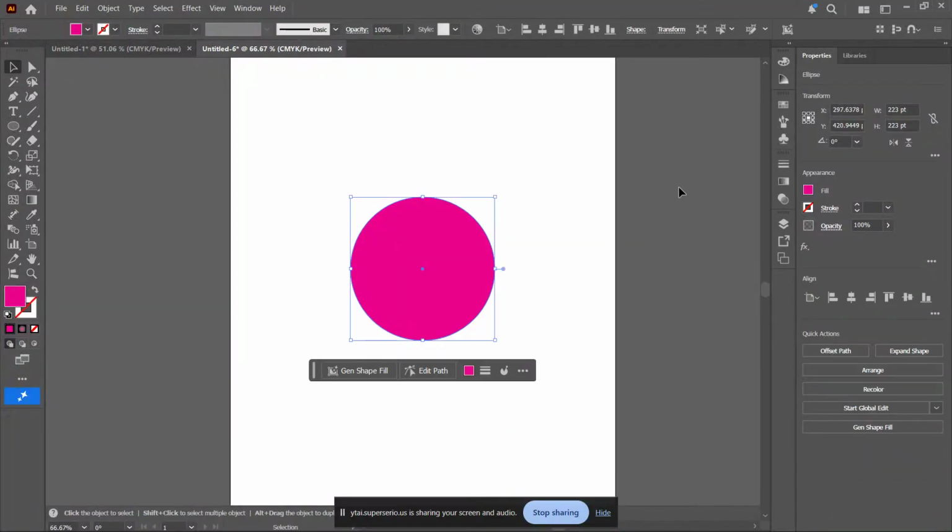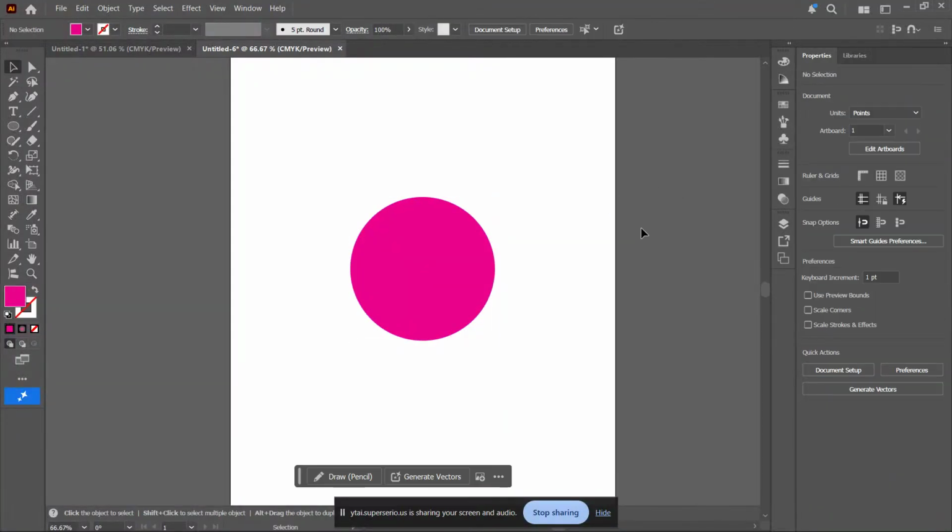In today's video, I'm going to show you exactly how to make radial gradients in Adobe Illustrator. Radial gradients are a powerful way to add depth, lighting effects, and smooth color transitions to your shapes and text. Whether you're designing logos, social media graphics, or detailed illustrations, mastering radial gradients can instantly make your designs look more